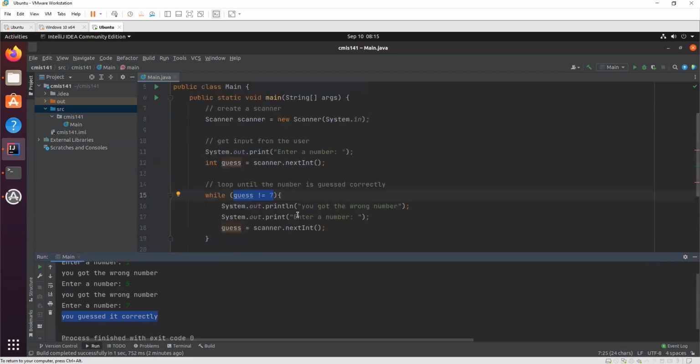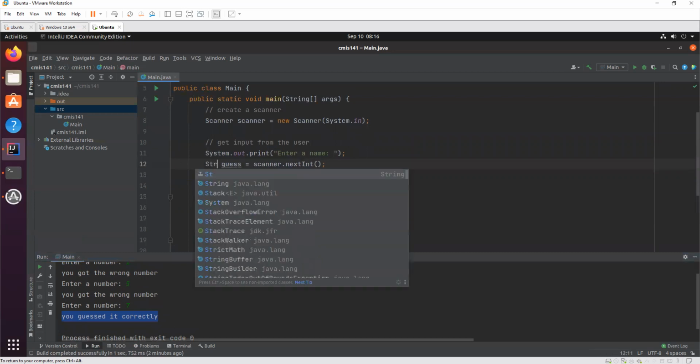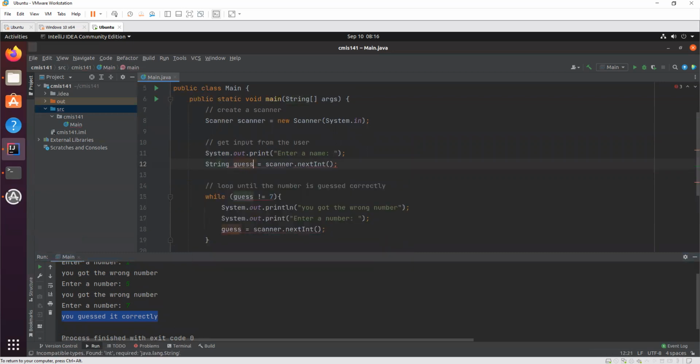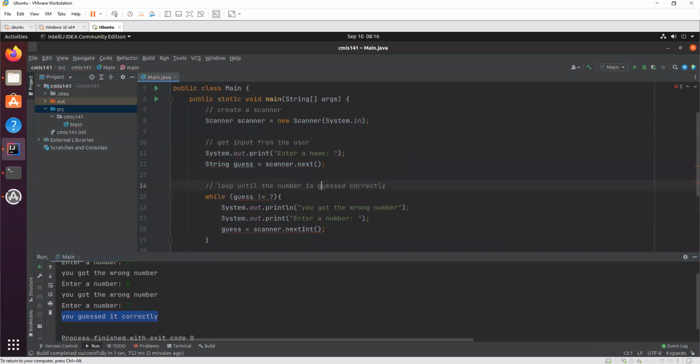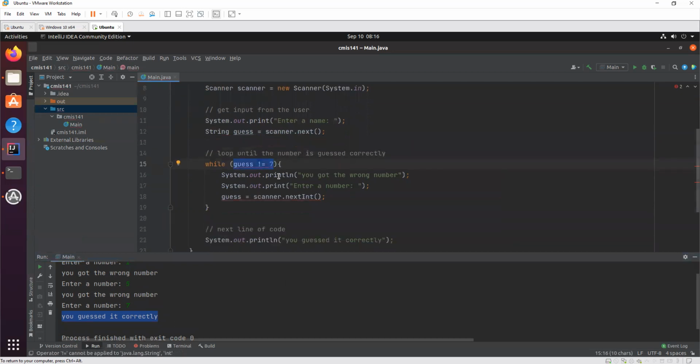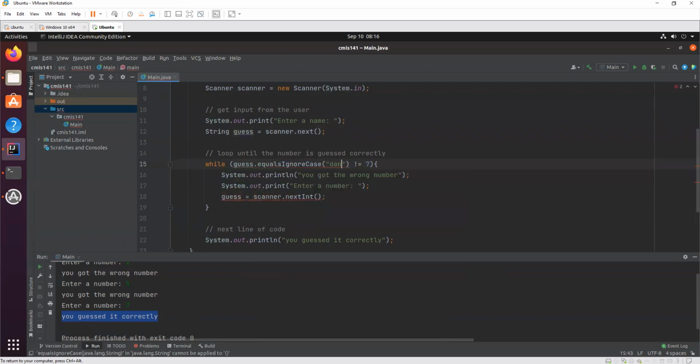Okay, but let's change it up a little bit. Instead of enter a number, enter a name. So instead of get an integer, it'll be a string. Guess. Instead of integer, it'll be next. Just get the whole string. And so we can't compare it to a number anymore, right? Because guess is a string. So say if your guess equals this lowercase Dan,